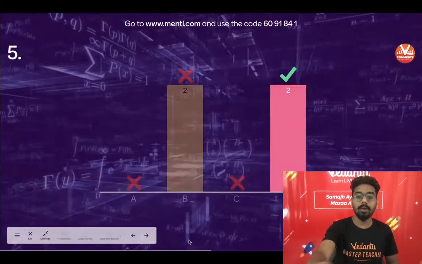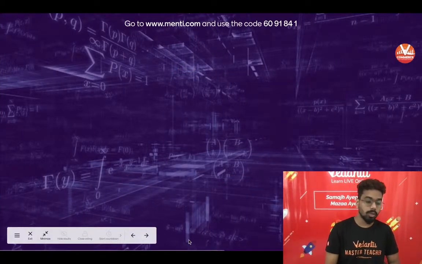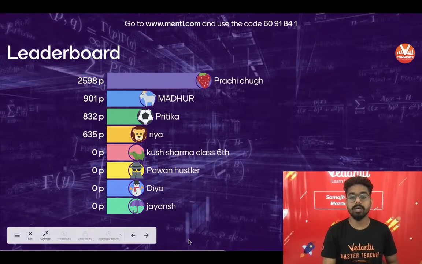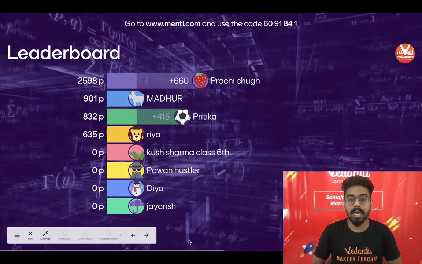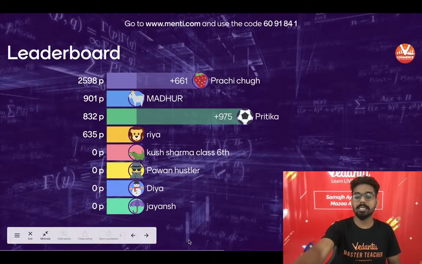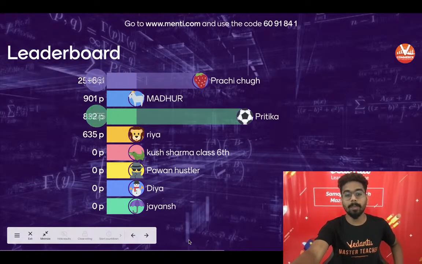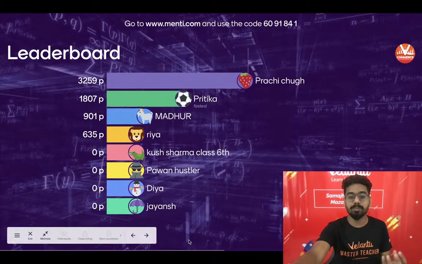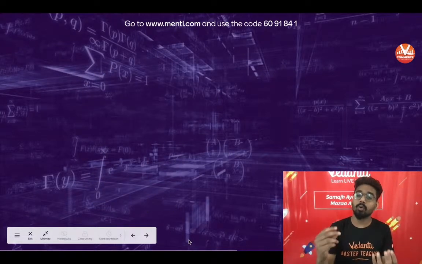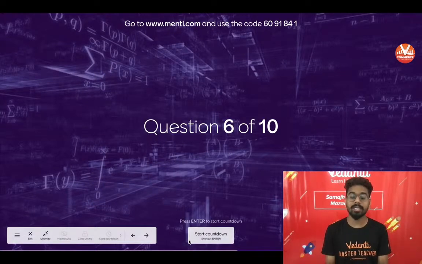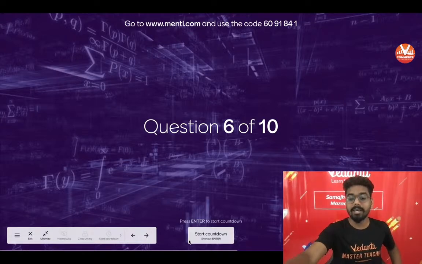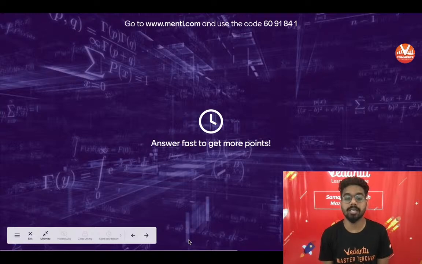ठीक है, अब अगला क्वेश्चन लगाएंगे on a slide. Let's see who have got points over here. So Prachi and Ritika have got the points. बहुत अच्छे बेटा, बाकी लोग भी करिए। दिया, जयंश, पवन, आप लोग एक दो क्वेश्चन नहीं होते चले जाते हो, ये मत करिए। डू योर क्वेश्चन, हैव द लर्निंग करते रहिए। नेक्स्ट क्वेश्चन ऑन द स्क्रीन,